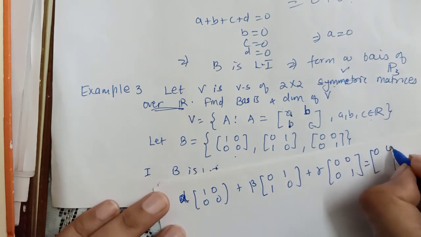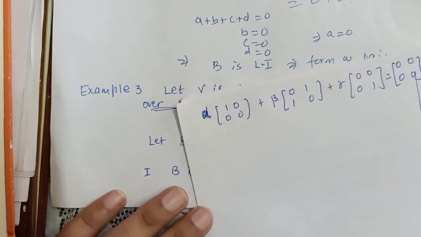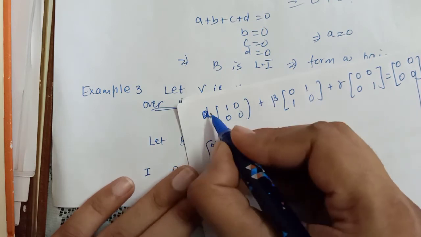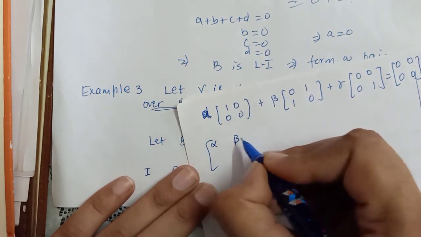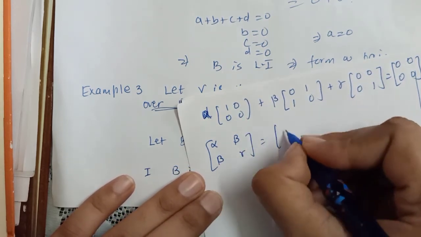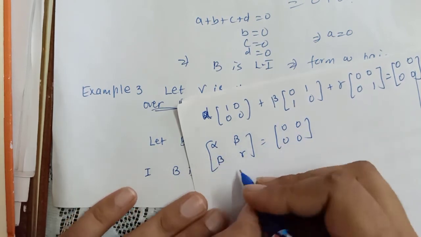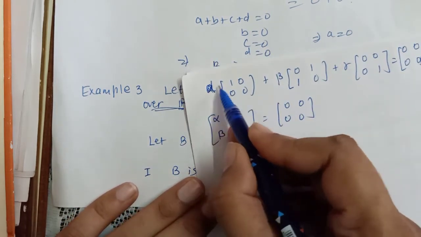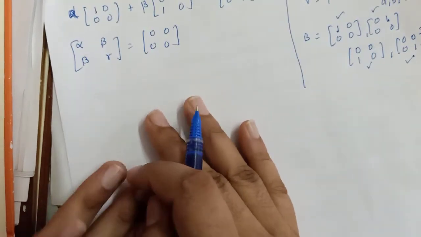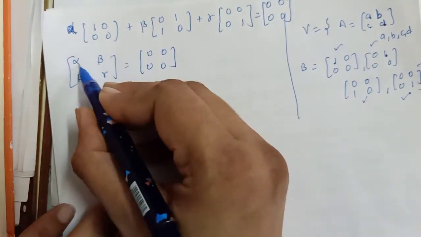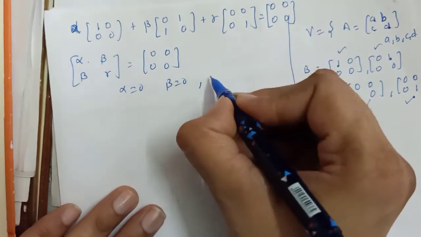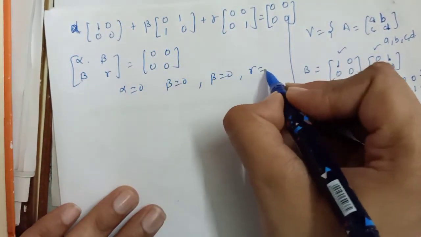what would be the 0 matrix? 0 0 0. Alright, so let us add this. This is alpha from the first entry, no other entry is there, so this will be 0. Then beta from here, then beta from here, and then gamma from here is equal to 0 0 0. So compare the entries. I am just multiplying alpha inside and adding these matrices to obtain this matrix. Compare the entries. First entry is equal to first entry, second is equal to second, third is equal to third, and fourth is equal to fourth.